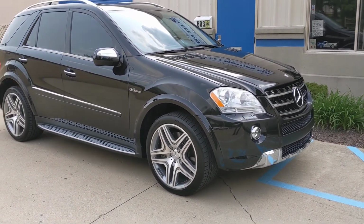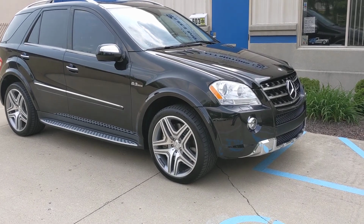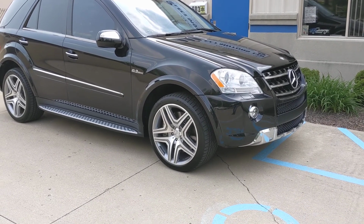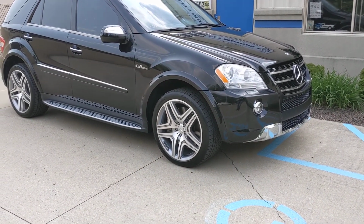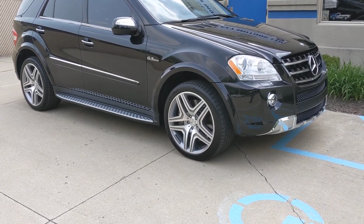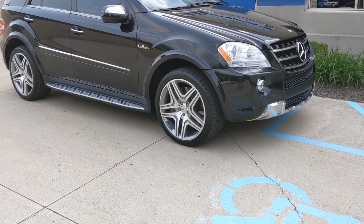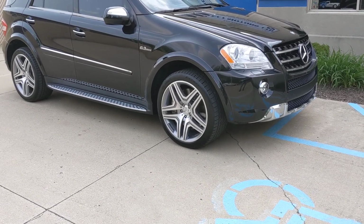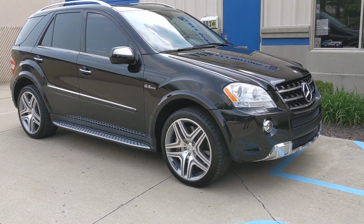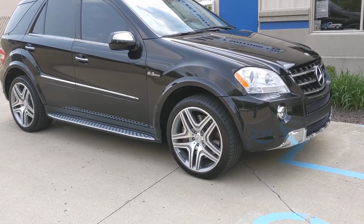The 2009 model had a facelift, so they upgraded the lights, the hood, the bumpers, the dashboard, and a number of other items, side mirrors, wheels. So the '09s to 2011s were virtually the same. Then in '12 they changed the body style. These are very collectible, fun to drive,